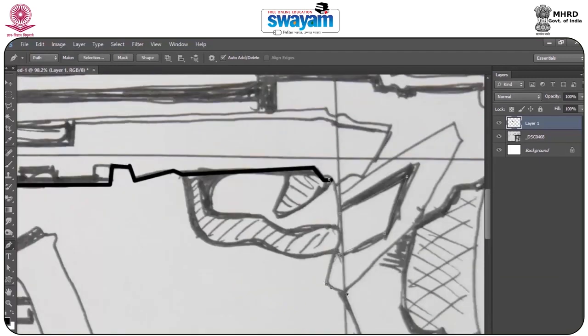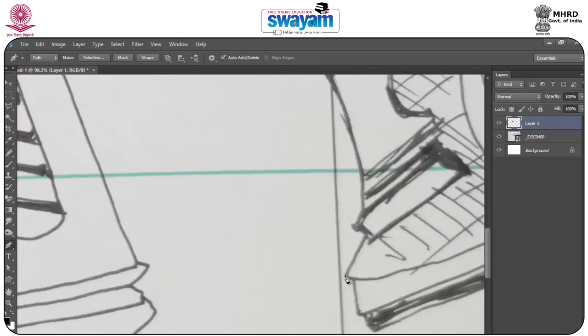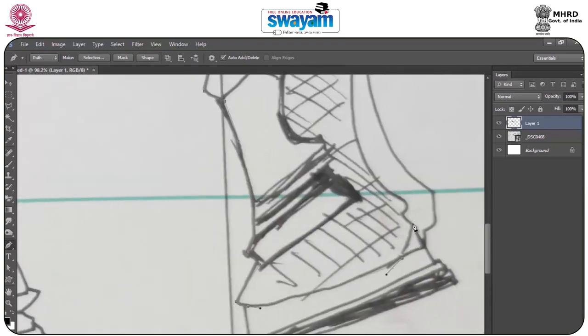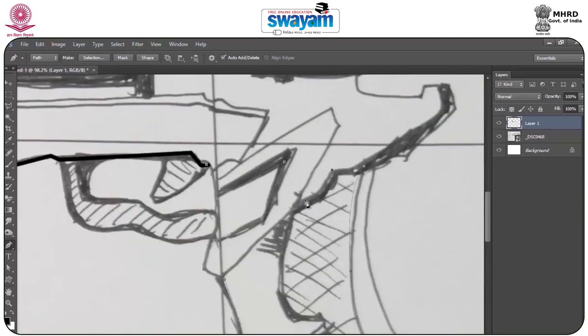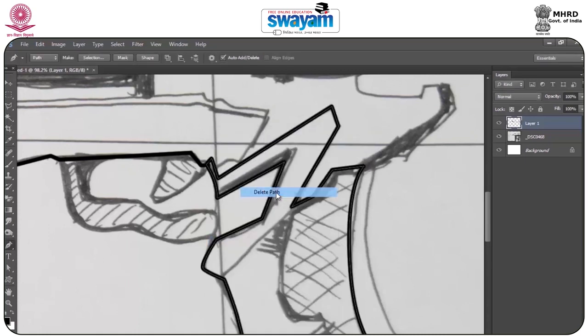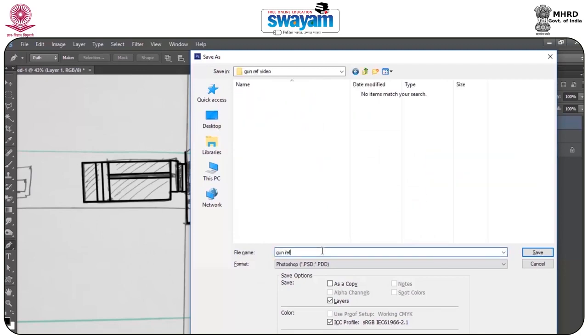Through the pen tool I can also do the same. So I'm using the pen tool. Right click, define brush, save a file.